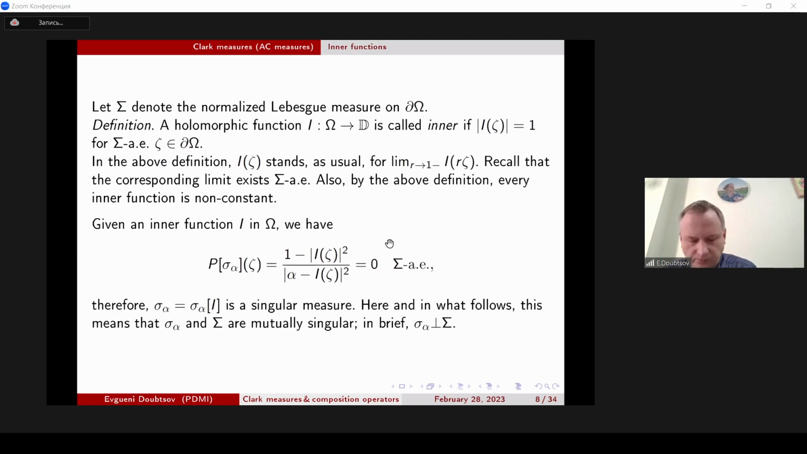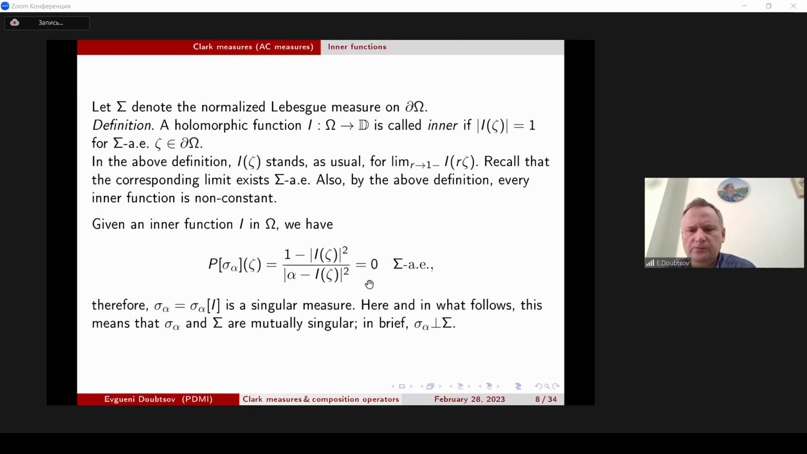But just by the definition, the 1 minus modulus of I of zeta squared is equal to 0 sigmas almost everywhere. And well, just again, basic properties of the corresponding Poisson integral. Well, even for say M harmonic from Poisson integral, this is still true. Just in the unit disk, this is one of the basic facts about this measure, that this is a singular measure. So here in what follows, it means that it's singular with respect to Lebesgue measure, denoted by capital sigma in our case, and